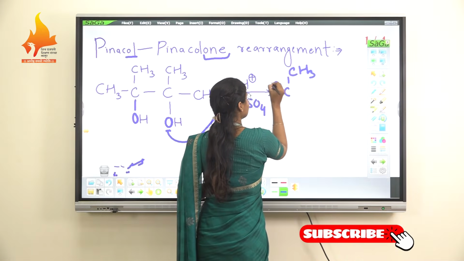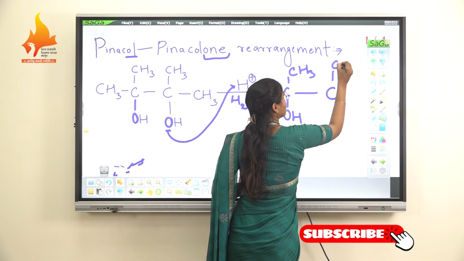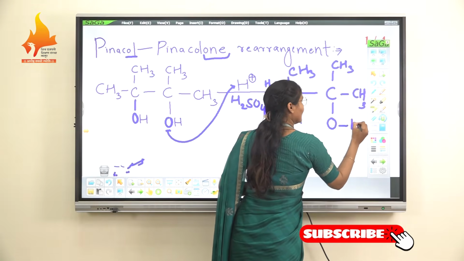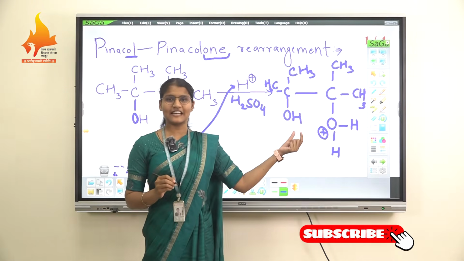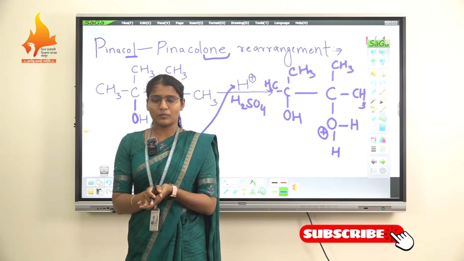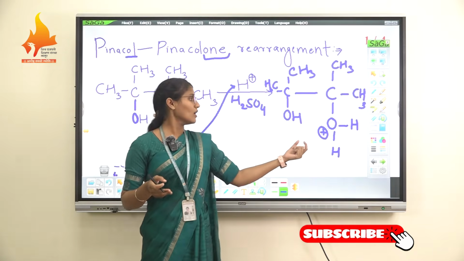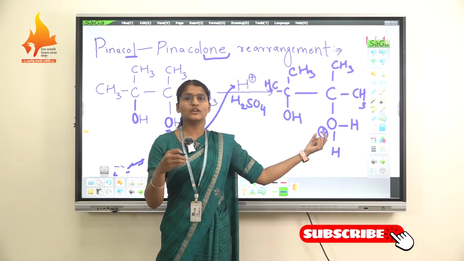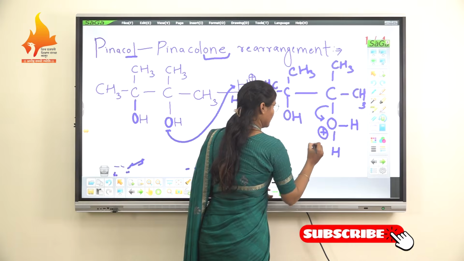CH3, CH3, here OH, C, CH3, CH3, OH2 with positive charge. Here oxygen will get positive charge. OH itself is not a good leaving group, but when it takes positive charge it becomes a water molecule, and after getting positive charge on the oxygen atom, it will show minus inductive effect, so it tries to depart from that molecule. Here the water molecule departs, and we will get